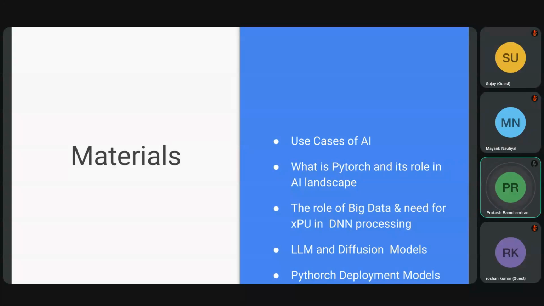XPU is an accelerated processing unit. Normally what happens? You use GPU, correct? And GPU is very power hungry, so it consumes a lot of power. So we don't want to use GPU at the edge. We want to use an accelerated processing unit at the edge. And usually they are called XPUs, and especially at EOTF, we are focused on AXPU, which is